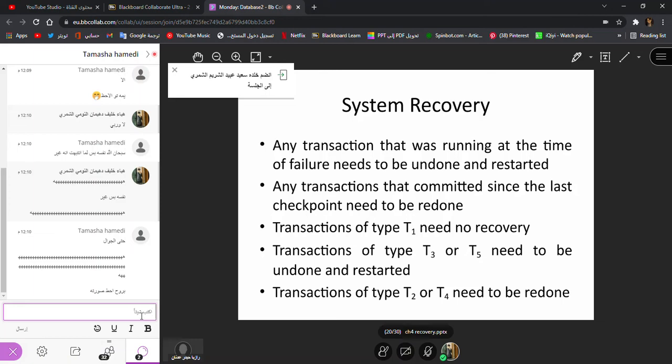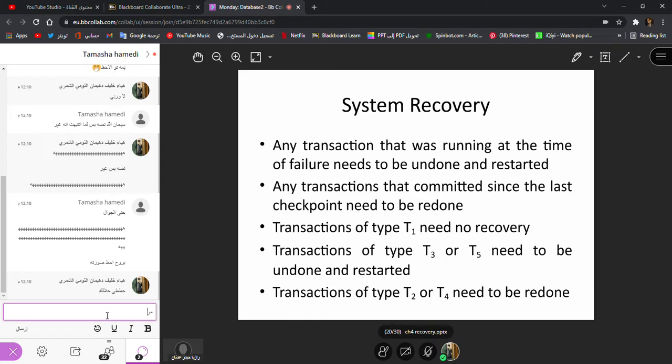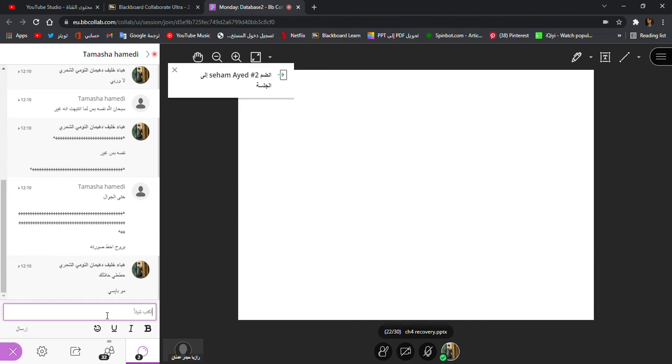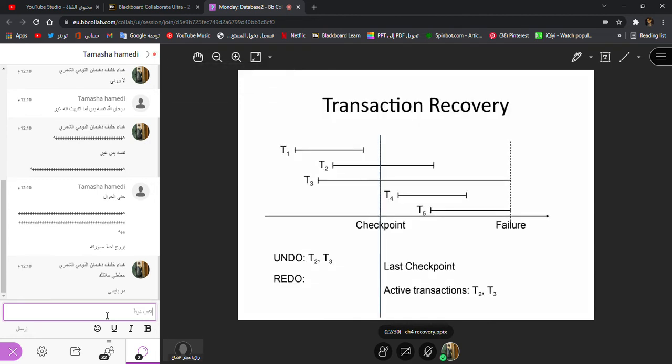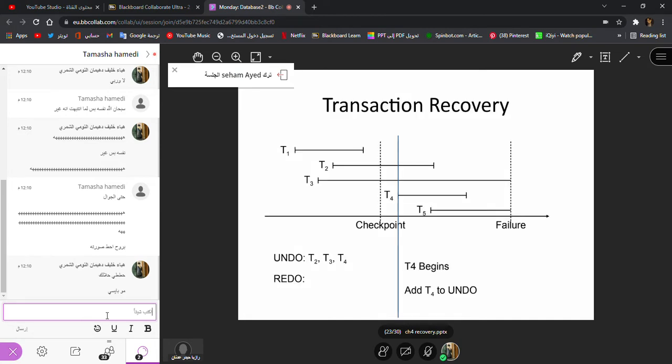All come under the system crashes, or the system failures. In that case, we say that we can recover our system with the help of the transaction logs. And there were three techniques to save the logs: undo, redo, and undo-redo logs. And we have seen how we can use these undo, redo logs in order to recover